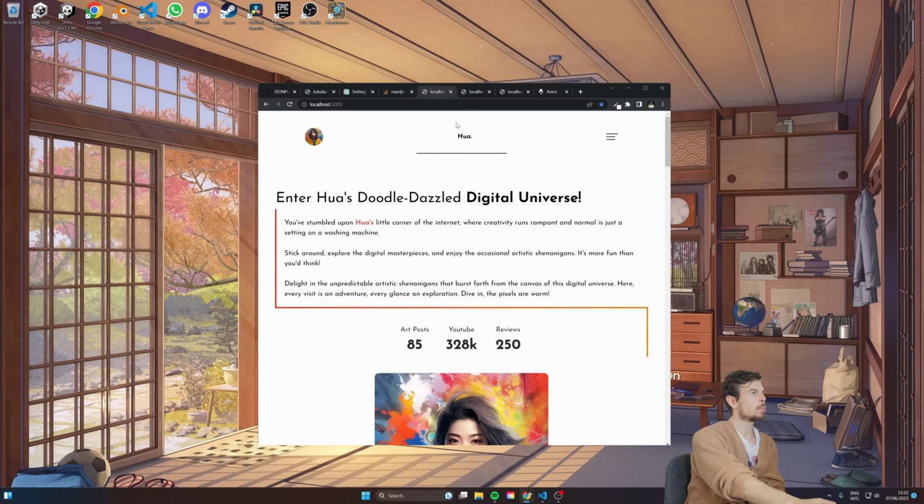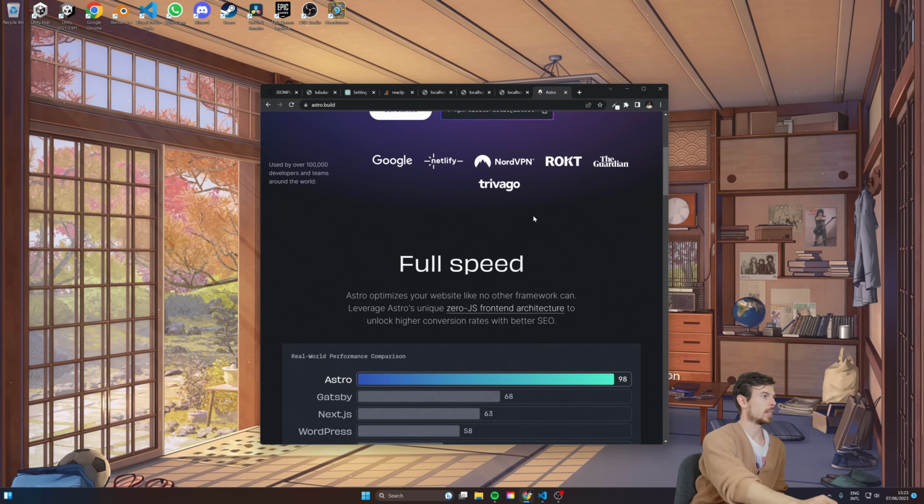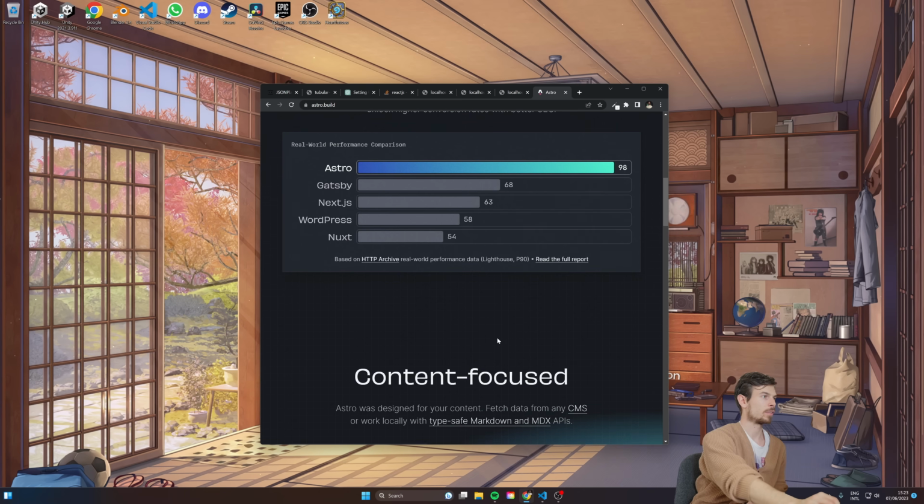So you'd be thinking, why use this and not something like React or Next or Nuxt or any of the other 10 bajillion frameworks out there? Well, you'd use Astro when you're mainly building out sites that are not dynamic. So you can think of a blog, a personal website. So statically generated content is a great contender for Astro because by default, Astro ships 0 JavaScript. So if we head over here, as you can see, that's why it's so darn quick, because there's no JavaScript blocking any of your